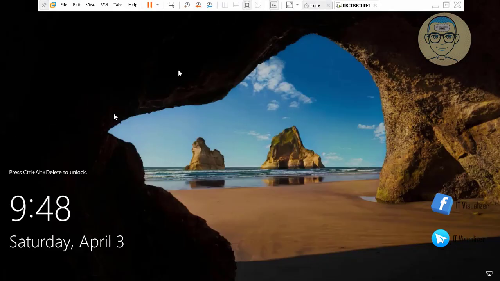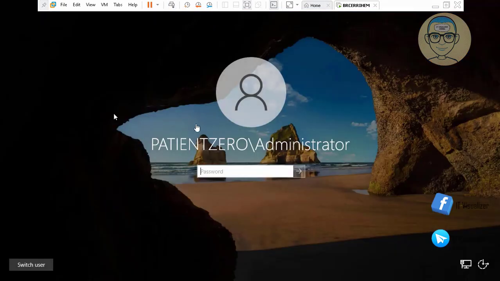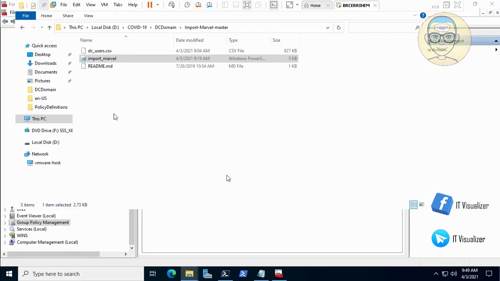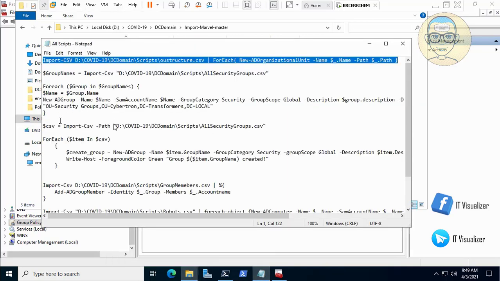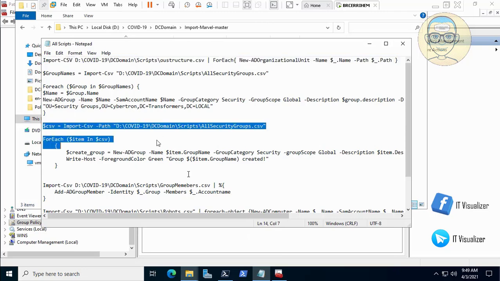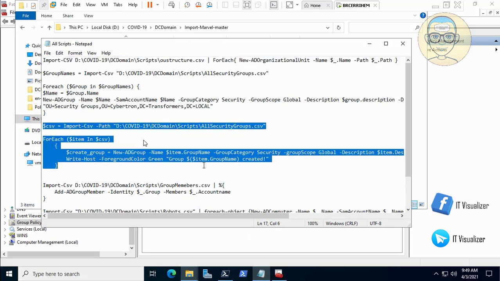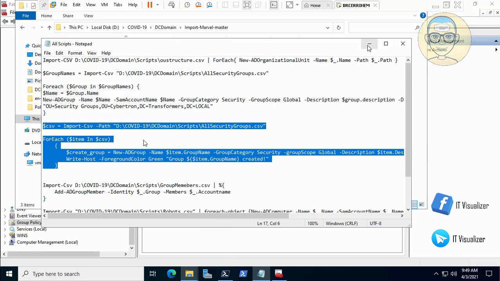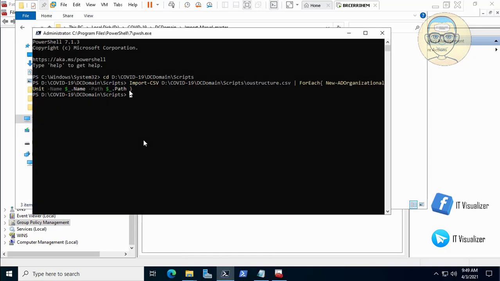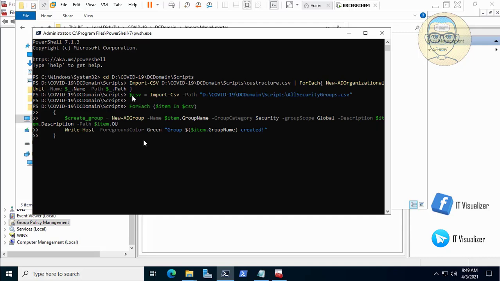So here now we will go again, and this is the administrator account or the domain admin account. And here now we will go to the second line, and this line will create the Active Directory security groups. Okay, and every group, when it is created, gives you a notification by a green line saying that this group is created. So we will paste this script